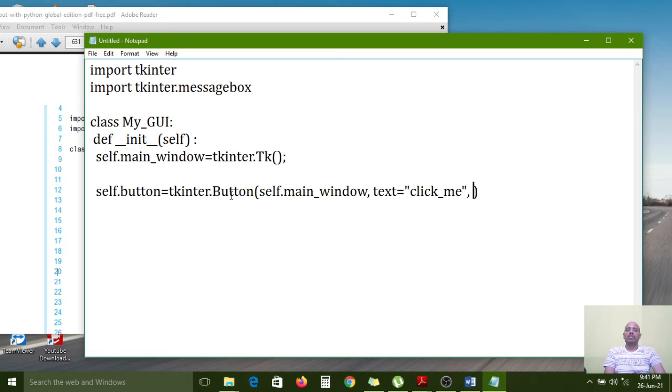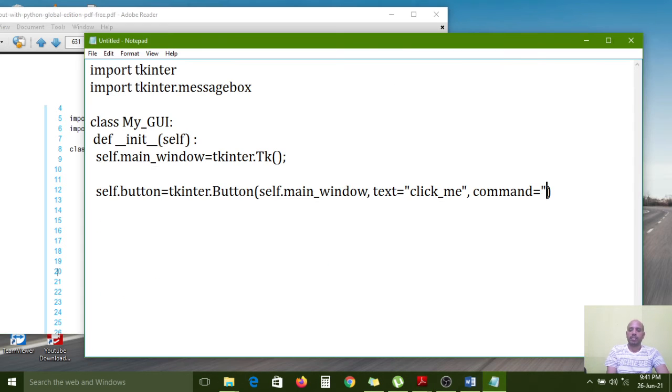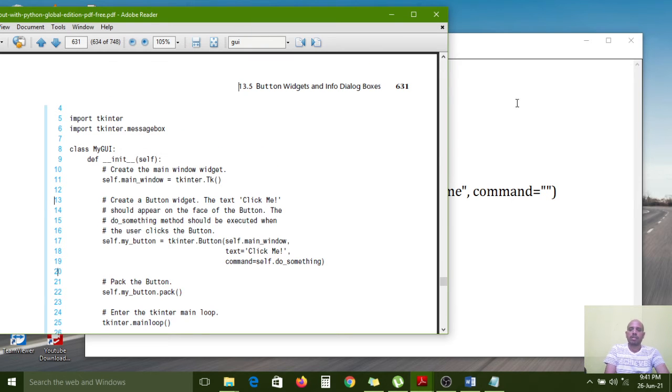Here, if you click the button, one function needs to execute now. That is the callback function. That callback function we need to configure here by using command equal to my own function. What function name was given here? do_something.